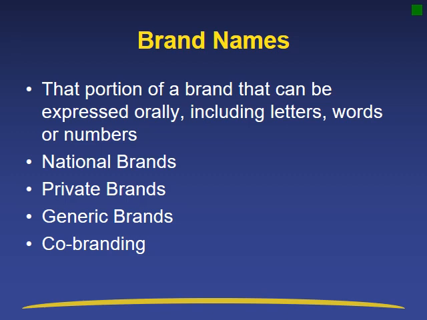As an alternative to branded products, some retailers also offer generic products, which are packaged in plain containers that bear only the name of the product. Finally, co-branding occurs when 2 or more companies team up to closely link their names in a single product. Companies can also license or offer to sell the rights to well-known brand names and symbols. If you think about cereal that may have a Disney princess on it, this would be an example of co-branding and/or licensing.